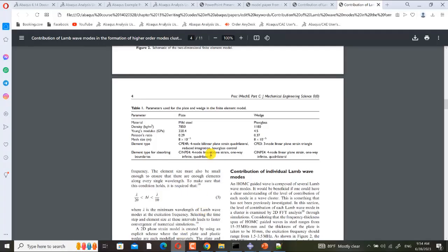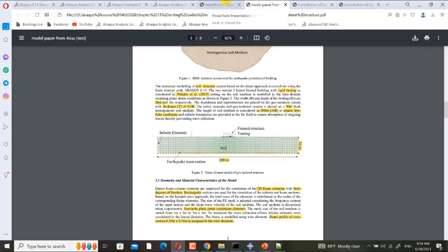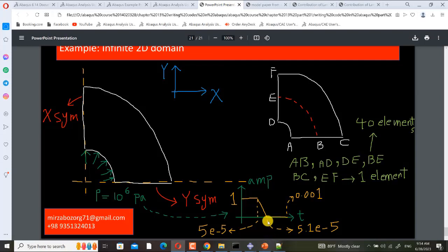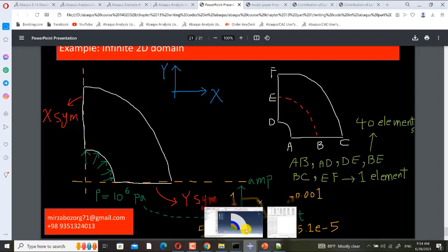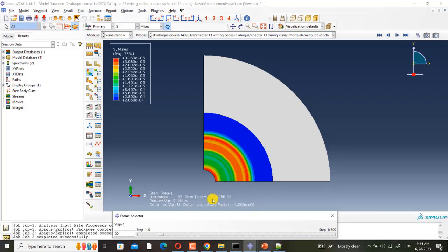And here, until 5.1e-5 seconds, until this time we are applying energy, we are giving energy to the model, but after it we don't do that.